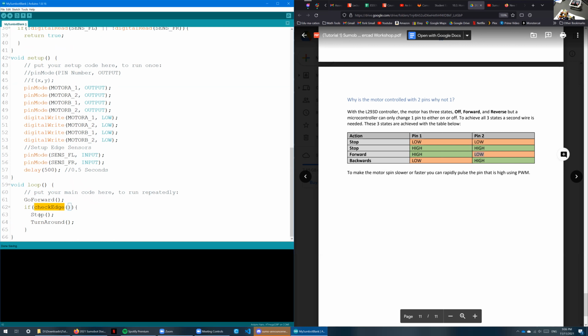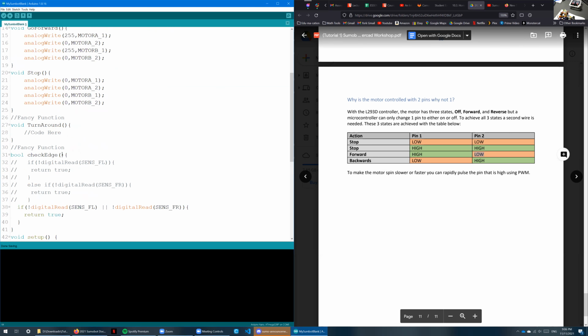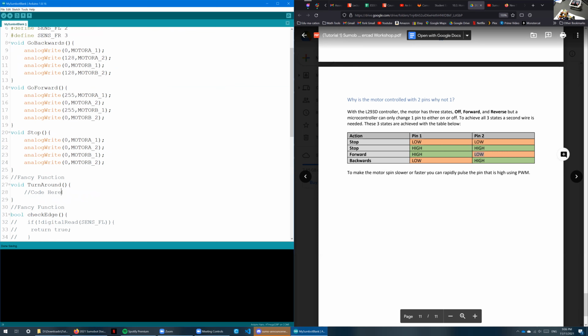So if check edge, stop, and then turn around. And of course, how do we do that? The turnaround code is where we get a little fancy. Because of course we need the motor to turn, or at least we need direction change, not just forward and back. So there's multiple methods to this, as you should probably look here. If both motors spin like this forward,